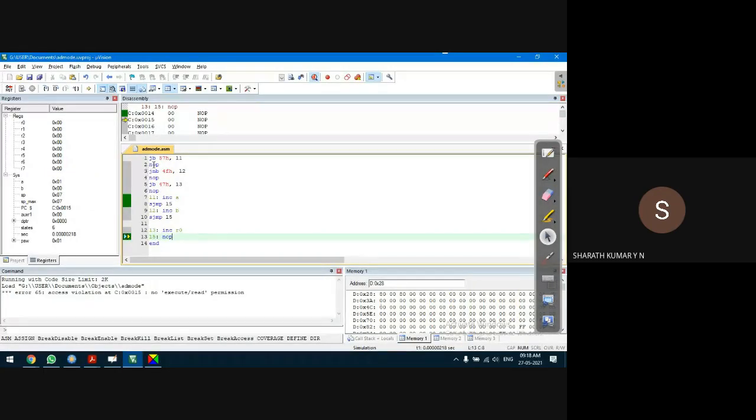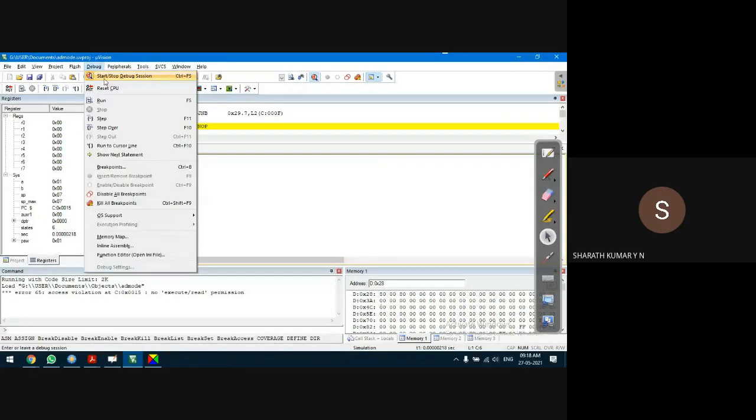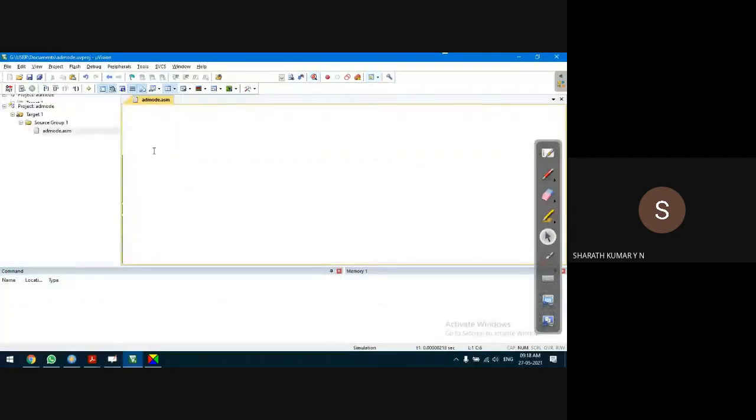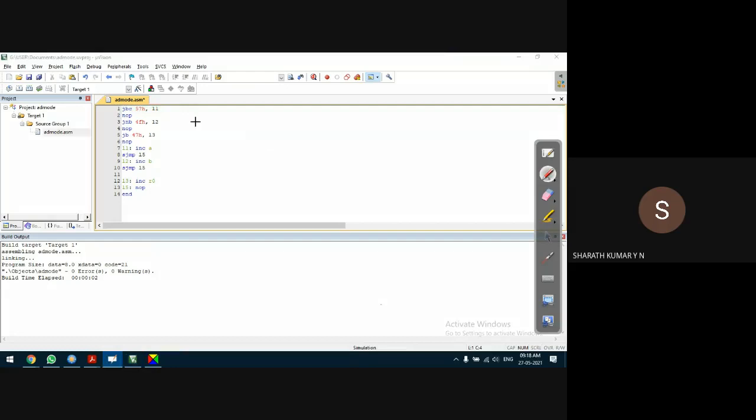For that, let me not use all these lines. Let it be there, no problem. I'll start then the instruction should be JBC. I'm testing the JBC instruction, jump if bit is set to 1. What this instruction does is, it will check this location. It is a bit location. If it is set to 1, it will take a jump to the L1 target location, but before going to L1, it will reset this flag bit to 0.